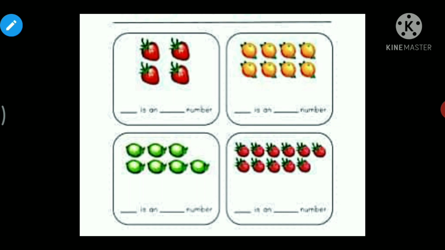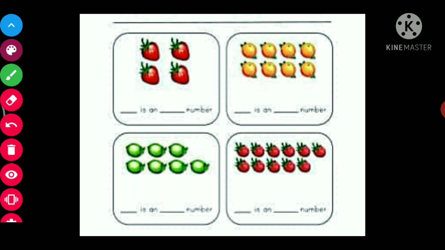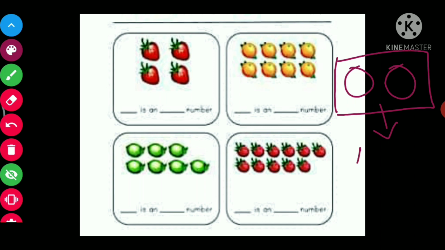Pairs means that you have to choose 2 strawberries. 2 strawberries will make 1 pair. So we will choose 2 and see how many pairs we can find.